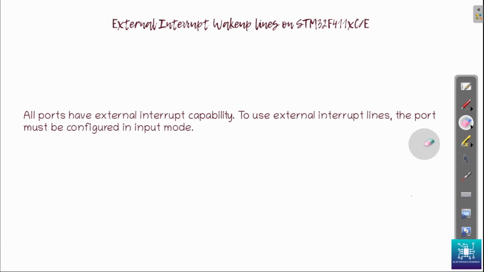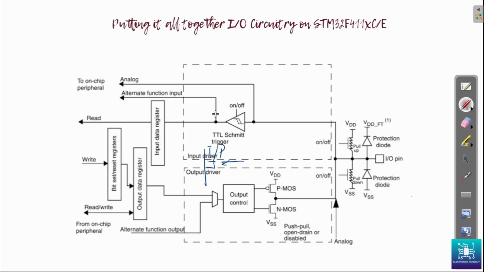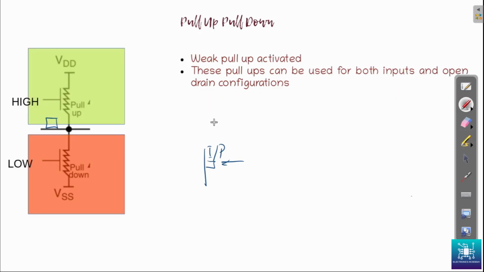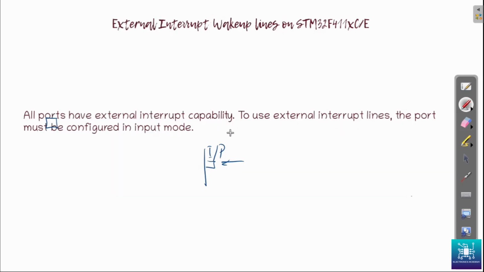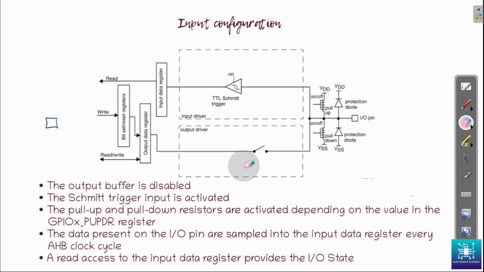Now, if you want to use the IO pin as an interrupt line, then you need to configure the pin as an input port. So here's the pin, and you have to configure it as an input to use it as an interrupt pin. So this read line will go and trigger the interrupt. So that's something that you need to be careful about. Now going forward,